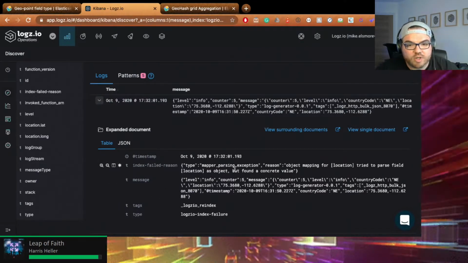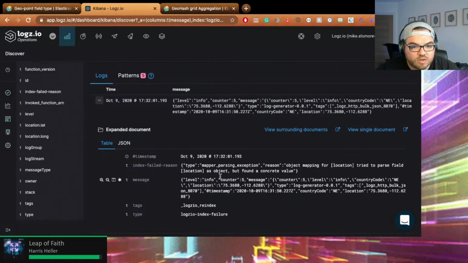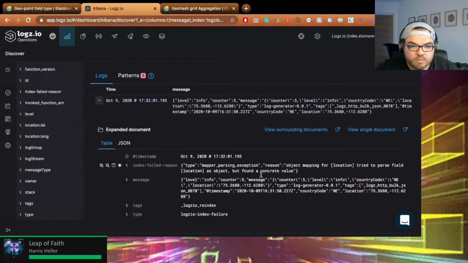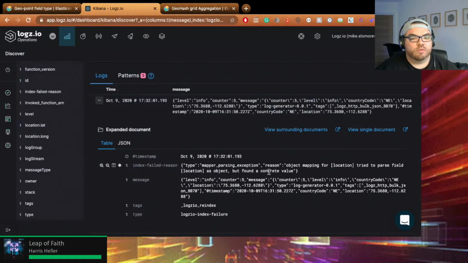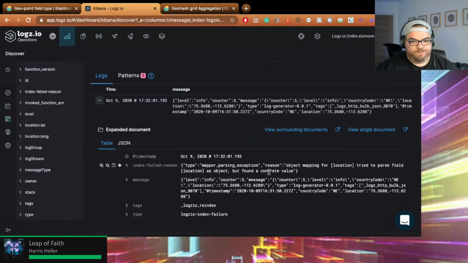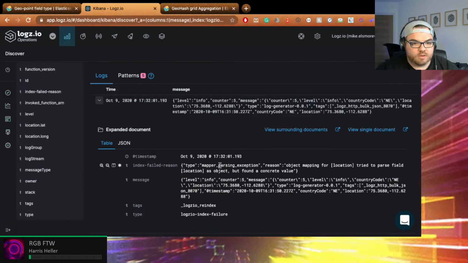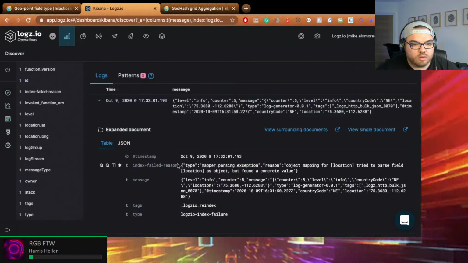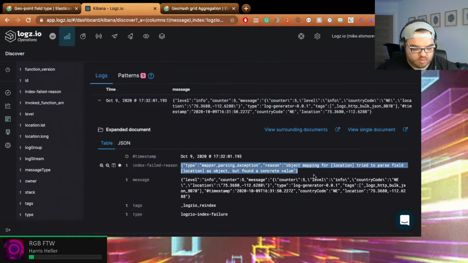Mapping an object for location, trying to pass field as object, but... found the problem.